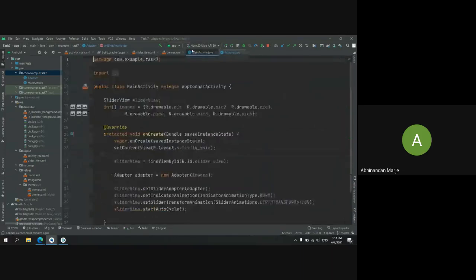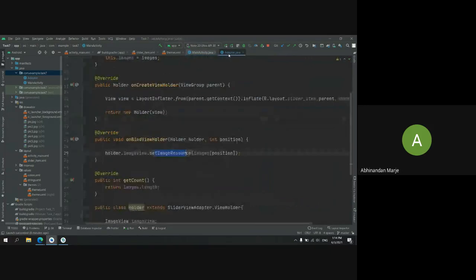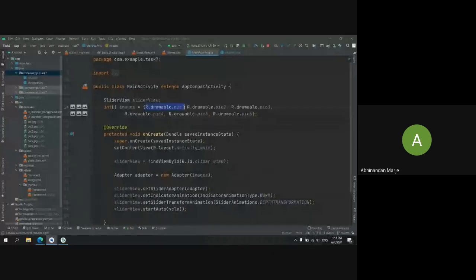Now you can see in my main activity, I gave all the pictures' ids from here, and I'm storing them inside my array. I have named it the same name for my array. I'm just setting all my pictures inside my array. In my 0th position there is r dot drawable dot pic, in my first index there is r dot drawable dot pic, and the list goes on till the 5th index, which is picture 6.